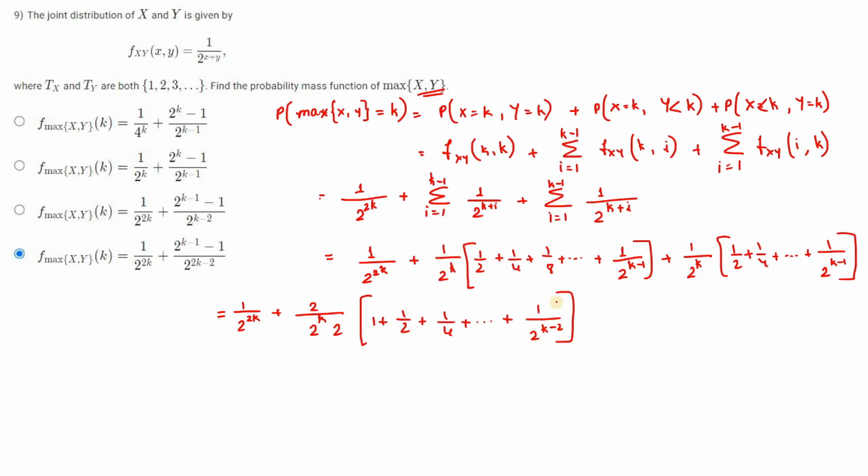And now that is equal to 1 over 2 to the power of 2k plus 2 will be cancelled, so we have